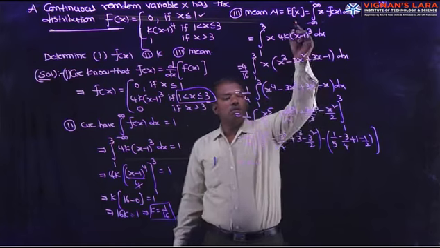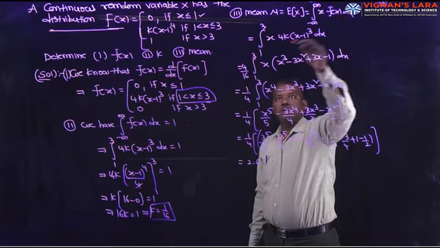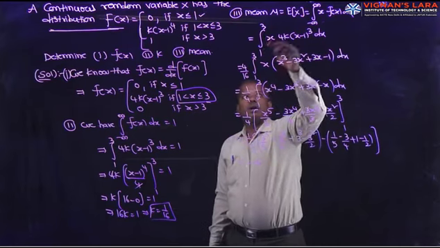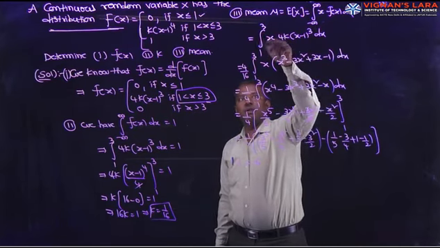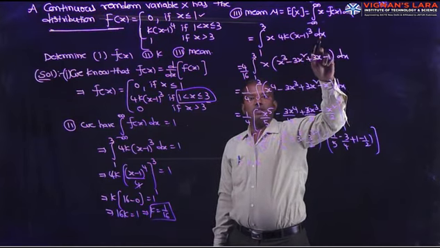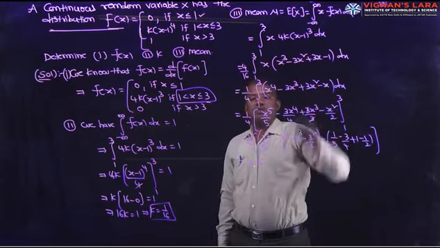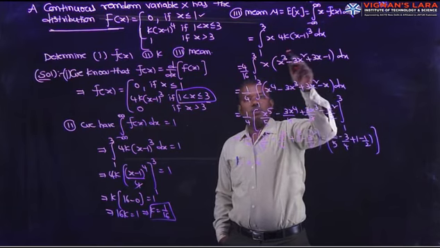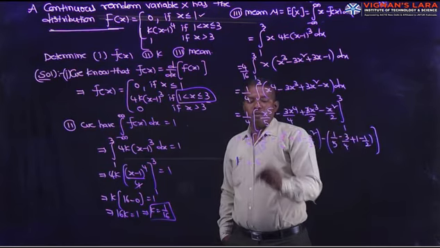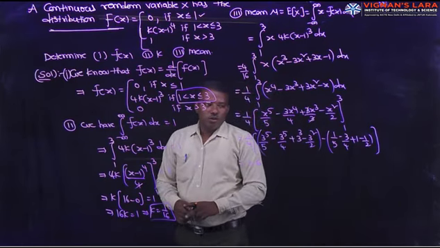Mean mu equals E of x is equal to the integral from minus infinity to plus infinity of x f of x dx. Minus infinity is 1, plus infinity is nothing but 3. The lower limit is 1, the upper limit is 3. x f of x, 4k into (x − 1)^3 dx. That is, 4k value 1 by 16, 4 by 16 x into (x − 1)^3. Apply (a − b)^3, simplify this one and integrate between 1 and 3 with respect to x, and we get the value of the mean, that is equal to 2.6. So the mean of the distribution is 2.6.